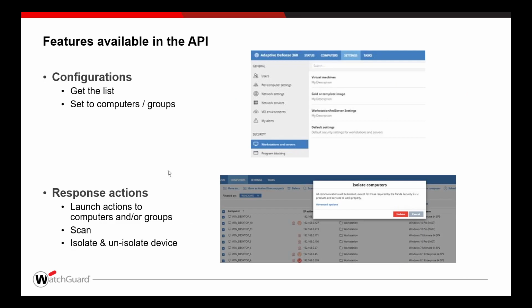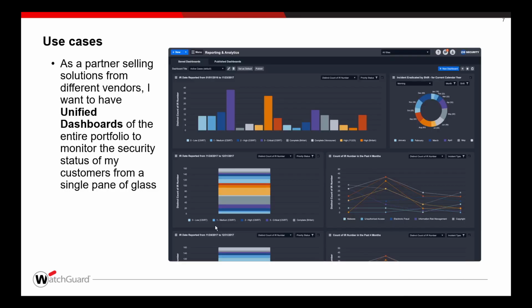Additionally, the API will allow you to set configurations to the computers or groups of computers and to launch different actions in the endpoints such as scans, isolation, and restarts. In the next slides, we will talk about some use cases that we can cover with all the features available